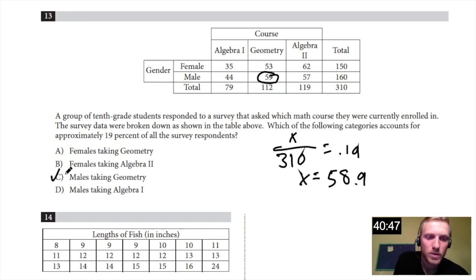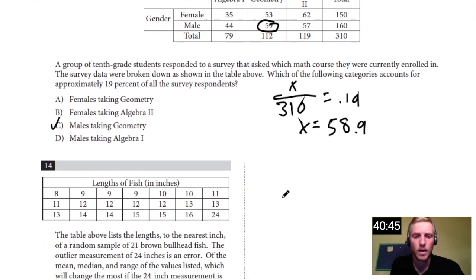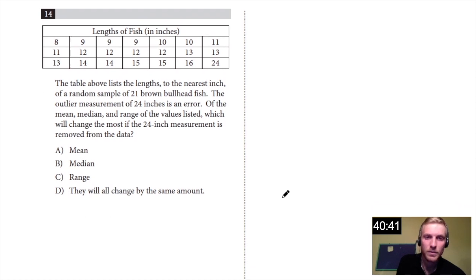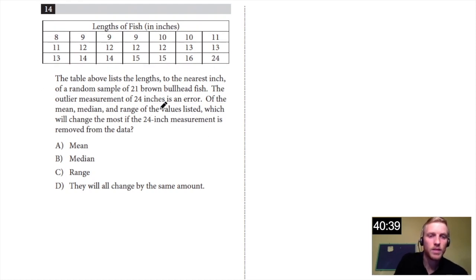Males taking geometry, answer C. So that is, all right, good. So we have another table: lengths of fish in inches. The table above lists the lengths to the nearest inch of 21